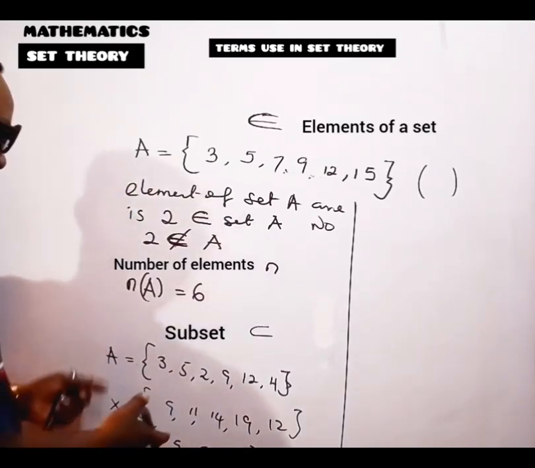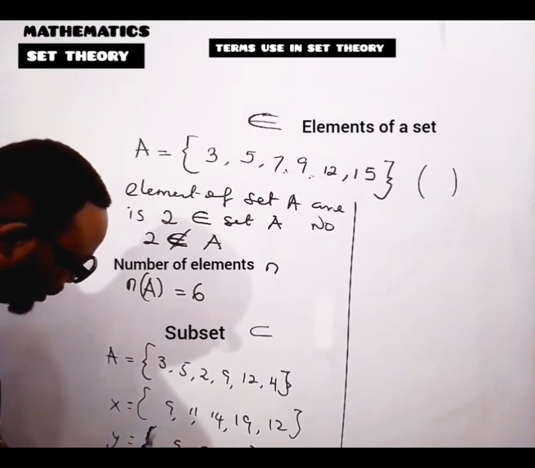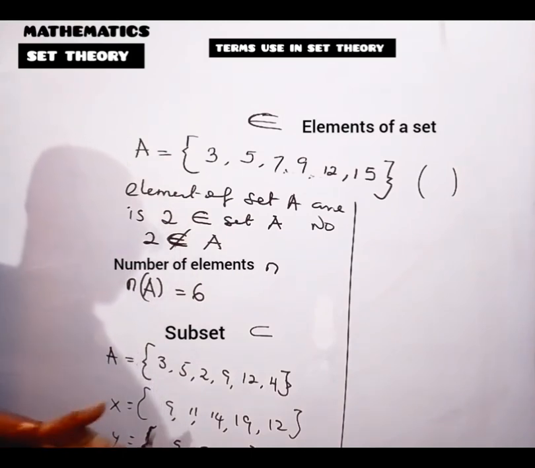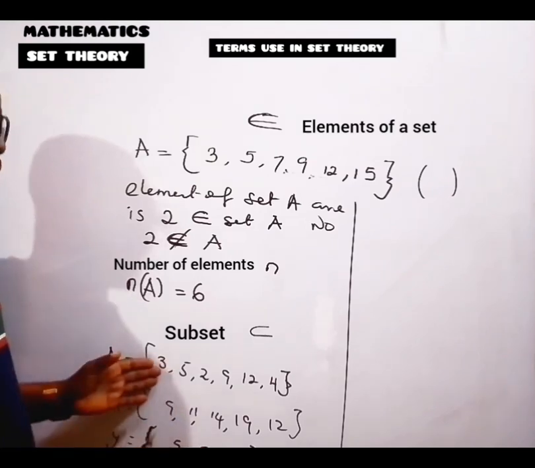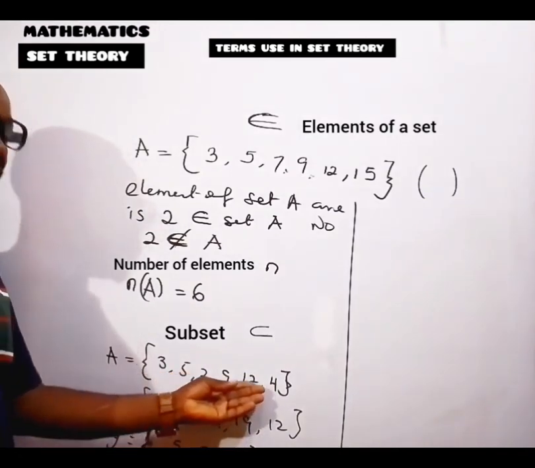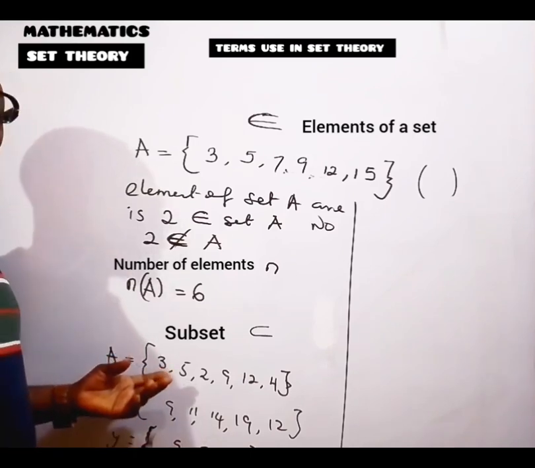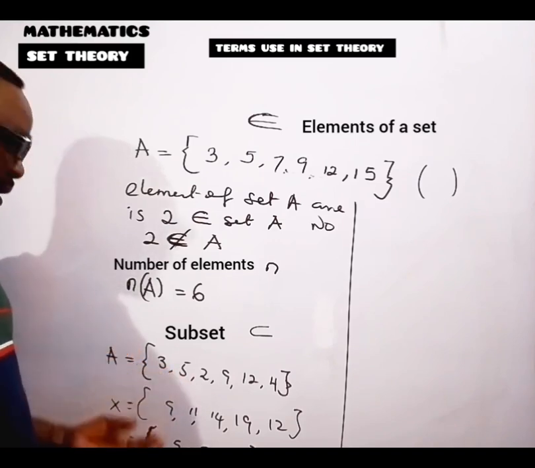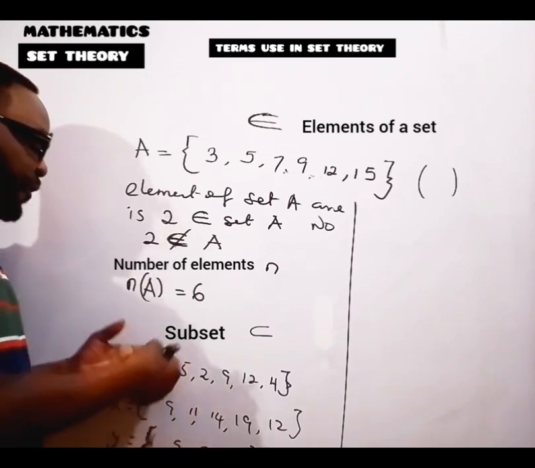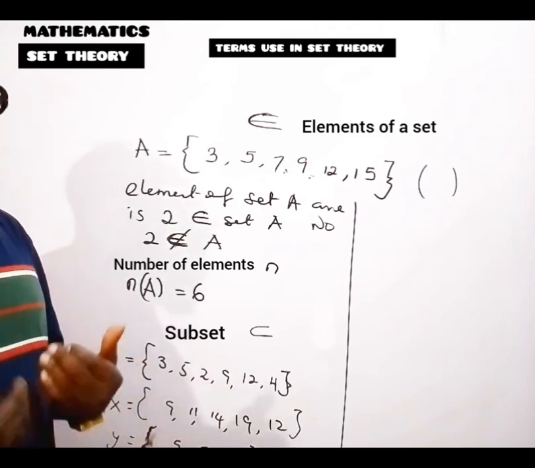Now, with this kind of set given to us here, I can say that Y is a subset of A. What do I mean by that? You can see that every element you have in Y here is also available in set A: 5, 9, 12. But what makes Y a subset of A is that there are some other values in set A that are not in Y. So all the elements of Y are found within set A,